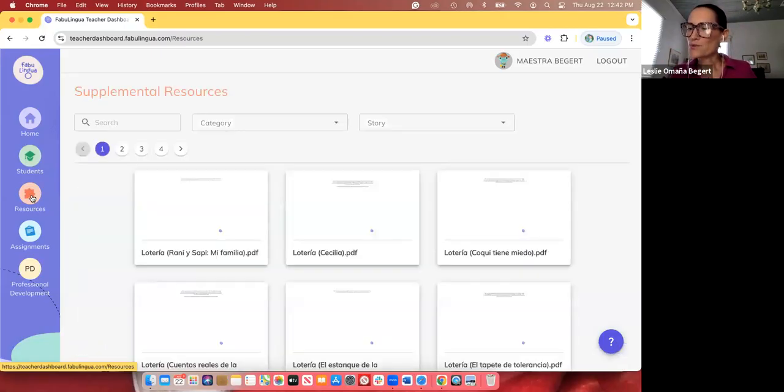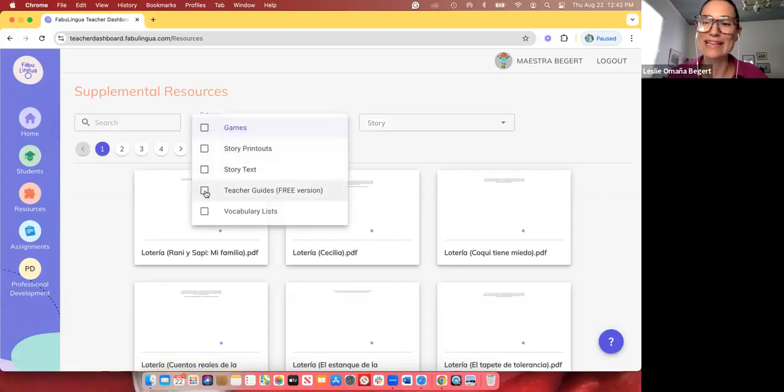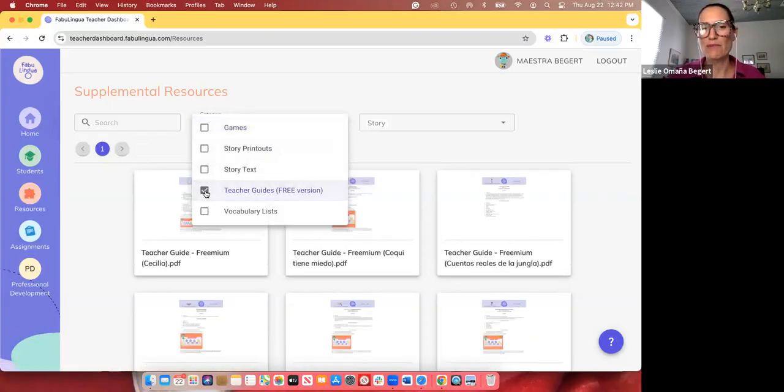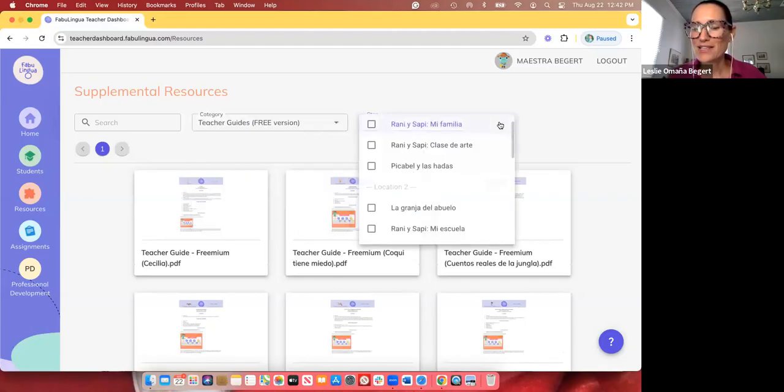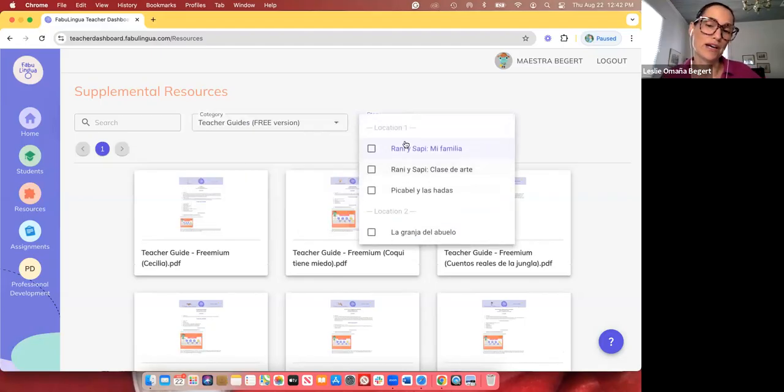And so as you're going to see here, basically the amount of resources is here. It's also located in that story section I told you about when you had the pop-up, but here is a way to be able to find them all. You can select by category. I'm going to start off with the guides. These are guides that we've made for each story, and then you can select which story you want the guide for.